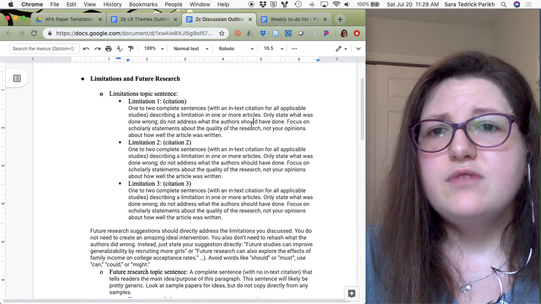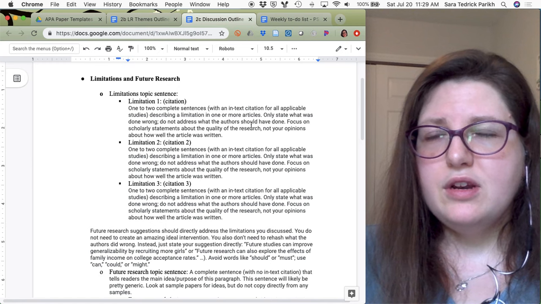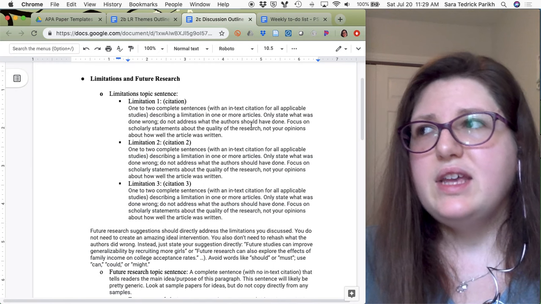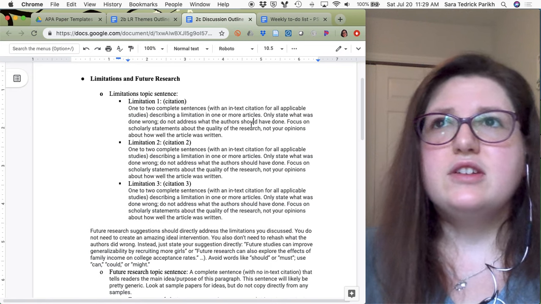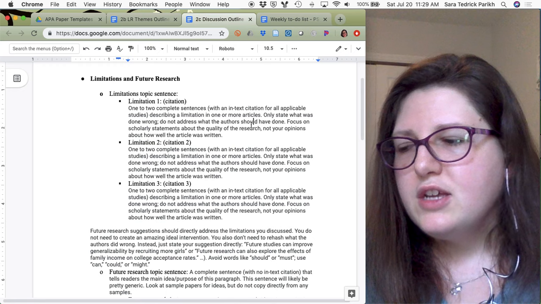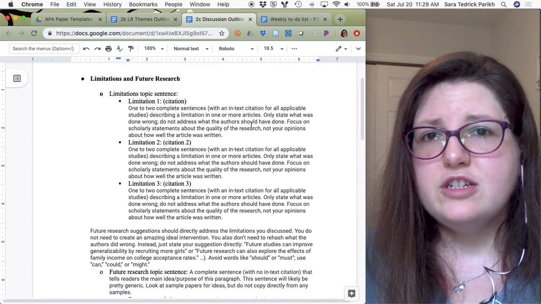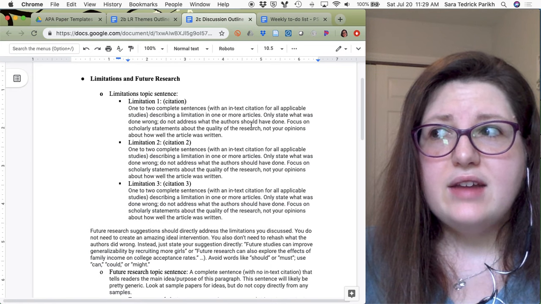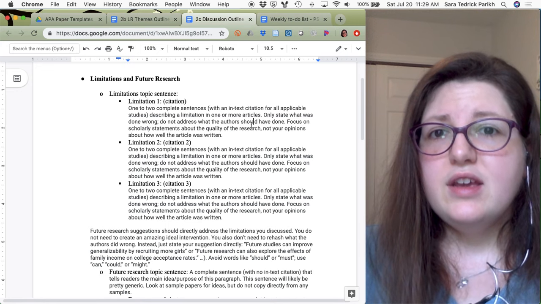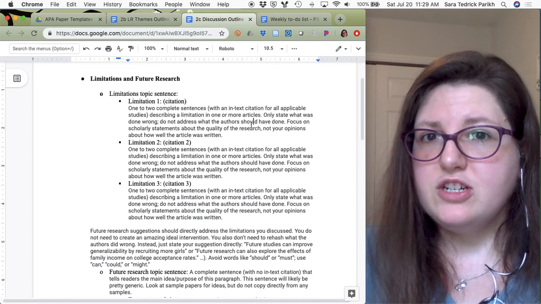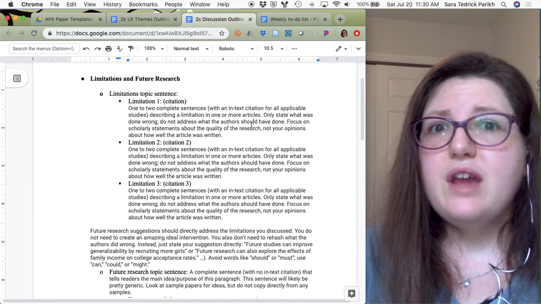Also, let's say you have two articles that included two variables. So let's say for depression, we're looking at the effects of exercise on depression. I'm just making this up as we go. Two of the studies included a measure of stress, and that variable seems to be pretty important. And the third study did exercise and depression but didn't measure stress. You could critique that third study left out an important variable, and so now we're not sure.